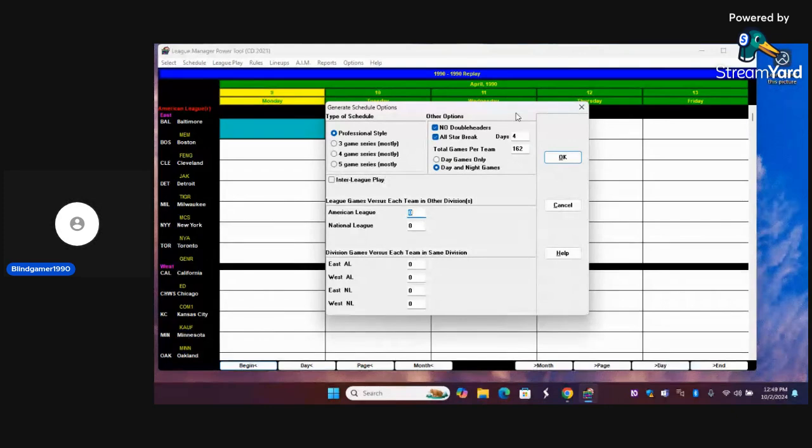There are, let's see, 14 teams in the American League, so they'd be playing each other. If you set this to 1, for example, they'll do 1 game, play the next team, play the next team, play the next team. I think this somehow does the math of how many games to play, like in a series or something like that. So let's set it to 12,